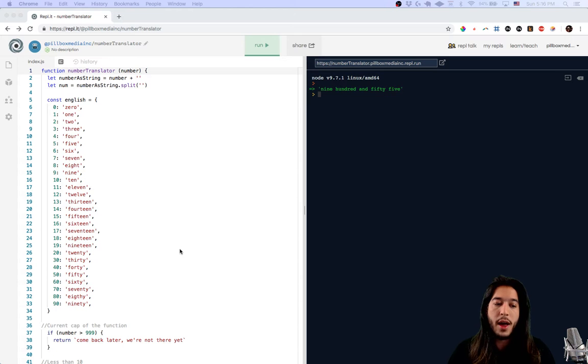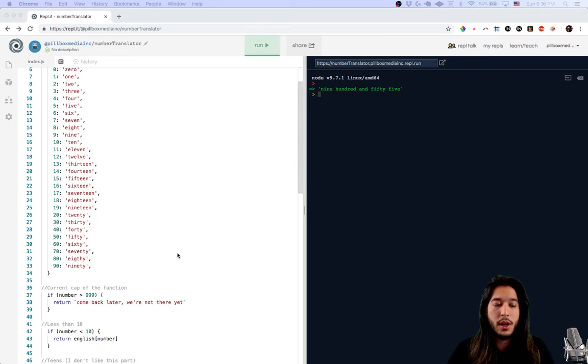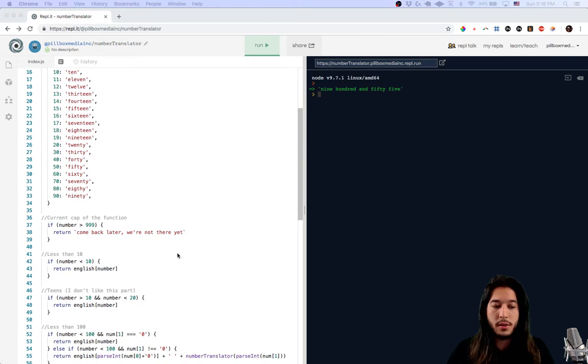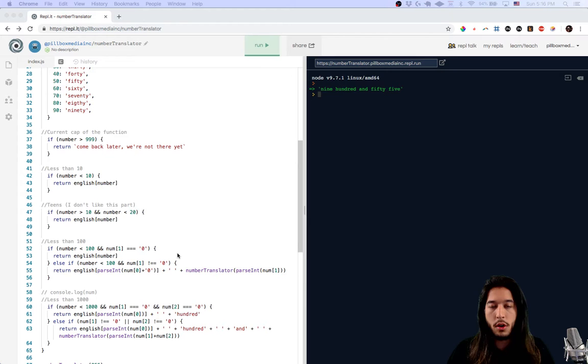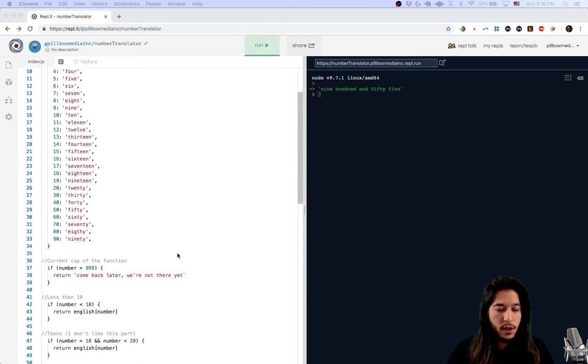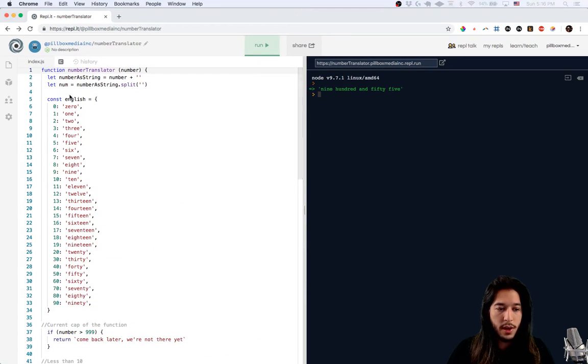I had an issue, though. I couldn't figure out how to pull in a language as a string and then translate that language into code because my object English is not a string. So if I try to do English, or let's say my variable for my function I called language, if I tried to do language dot 10, I would get an error, of course. And I believe I figured out a way around it. That's the first thing that I want to do.